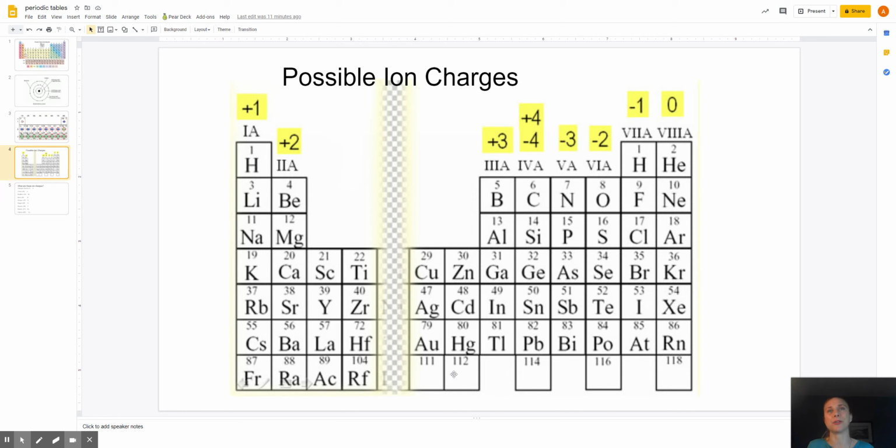The weirdness happens at the transition metals, where there's like these extra electrons in this d orbital, and then it can do weird things and promote electrons. So we like to just use Roman numerals to express what kind of cation these transition elements are going to be. So it's going to be positively charged, and these guys are going to be positively charged too, but we won't know what they are until you're told what they are, because they actually can transition between 1 or 2, maybe, maybe they don't, but they could. All right, so hopefully that gets you an idea on how to find the ions of the elements